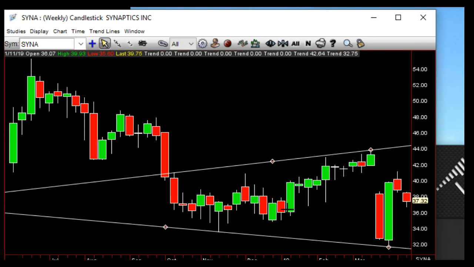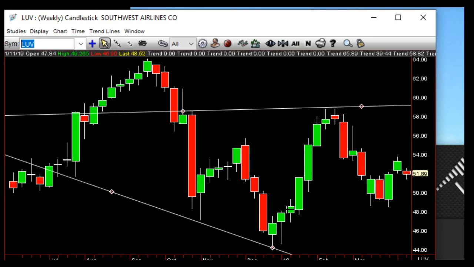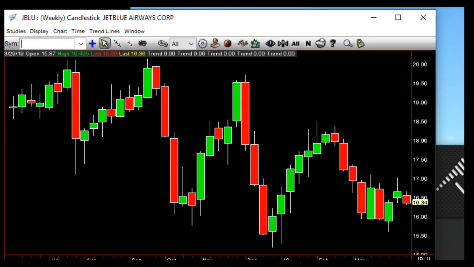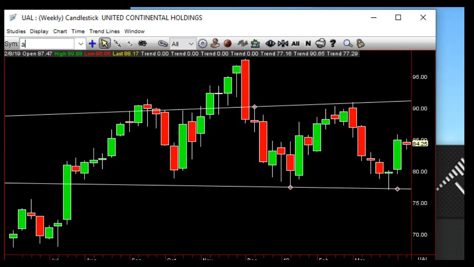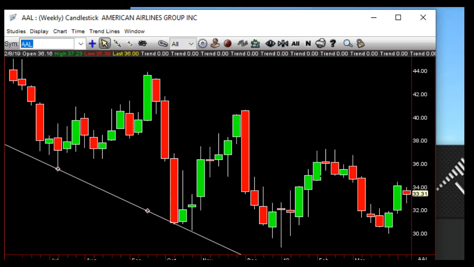Sina, SYNA. And the trannies, Southwest Air slightly trying to come back in here, and you can watch that with the rest of the airlines. JetBlue doing similar like that, trying to take it out. So we'll see if anything comes out as United Airlines. These guys anywhere near that? No, you got inside ones for the other guys. So we'll see. That's selective there.